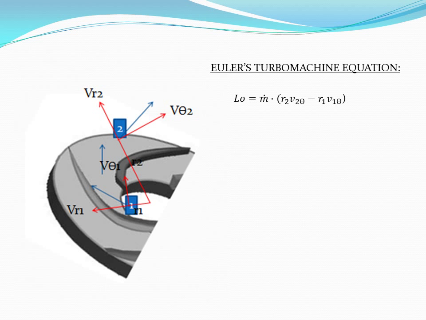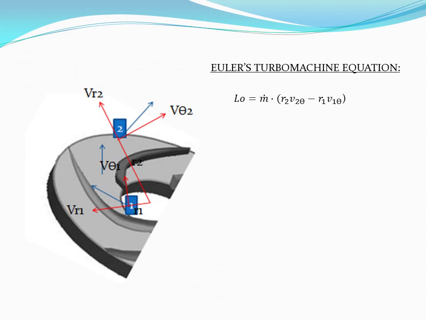As with many forces in physics, we are able to split those two paths, where absolute velocities, into a tangential and a radial one. Currently, and with the help of Newton's second law of motion, we are able to calculate the generated torque using this simple equation. This equation is known as Euler's turbomachinery equation, and is one of the most important equations